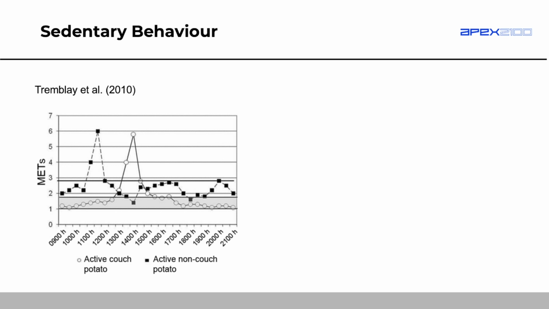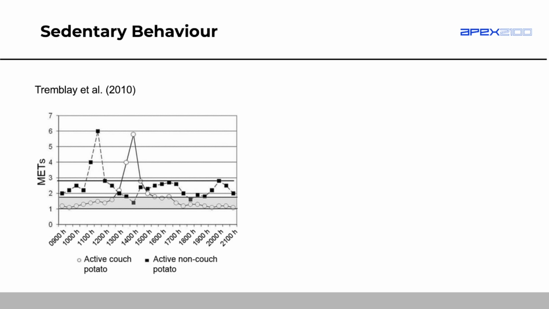That's the opposite of the white dots. So the white dots, straight away from 9 a.m., remaining in that sedentary time. Then there's the peak. That peak, again, might be going to the gym, might be going for a jog. And then he comes back home and he's back in the sedentary line until 9 p.m. So of these two, which one do you think would have better health outcomes? It's going to be the black dots. So the black dots is better than the white dots. Less sedentary time, better for your health.